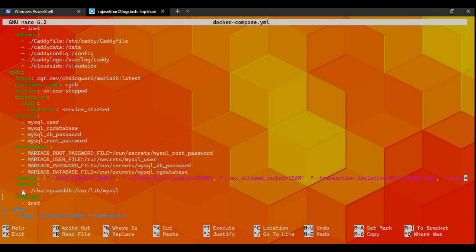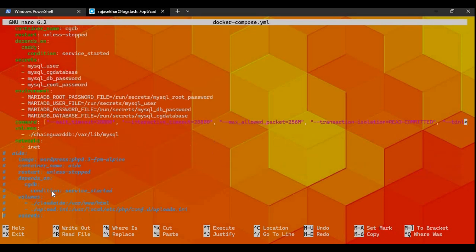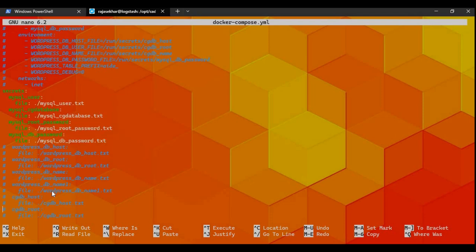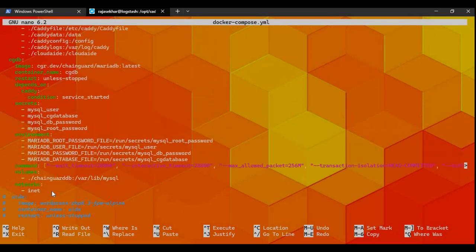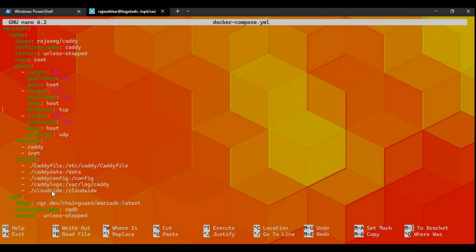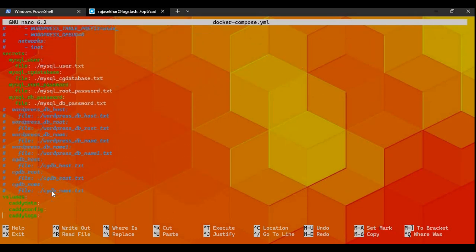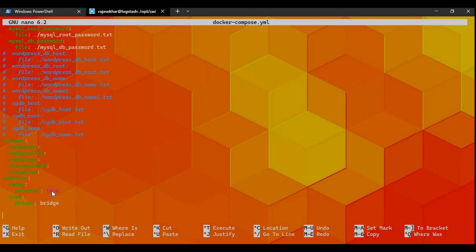And I also mapped the MariaDB container volume to an internal folder. I created Chainguard DB as an internal folder, and this belongs to WordPress. I will enable it after deploying our service. This is the Docker Compose file, which has everything. Right now I have two services, Caddy and Chainguard DB, and you also have to mention the volumes and networks at the end of the